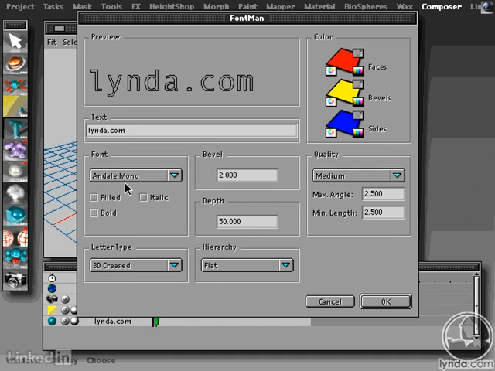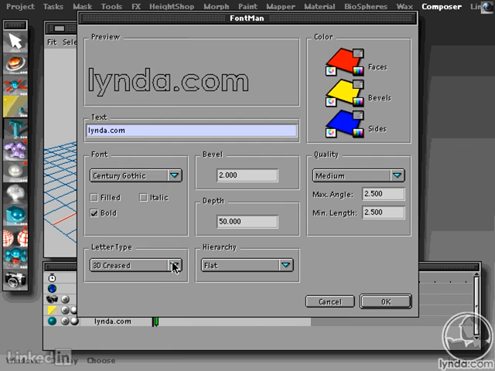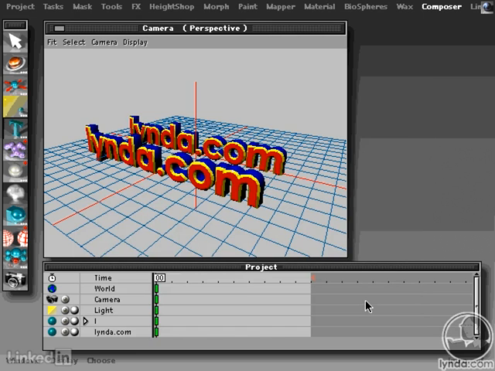lynda.com. Make it Century Gothic, bold, and I'll remember to make this 12 again. Now if I choose hierarchy and hit OK, what this has done is you'll notice that the L here,